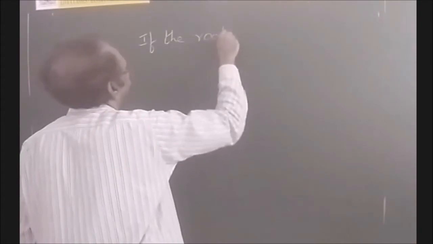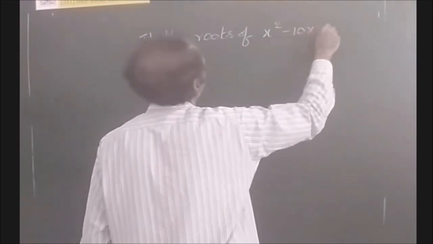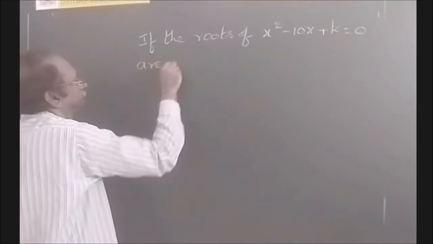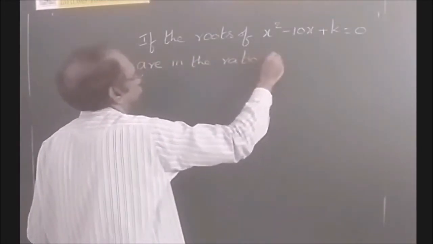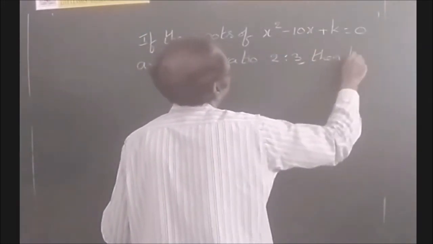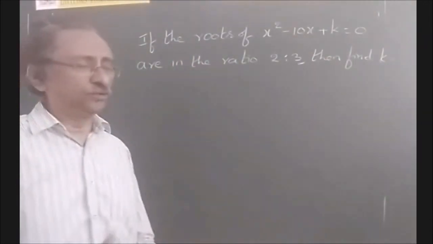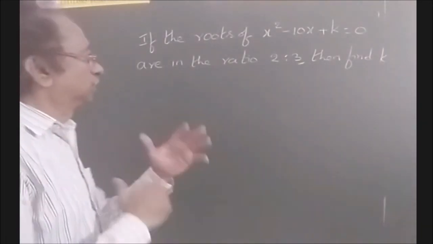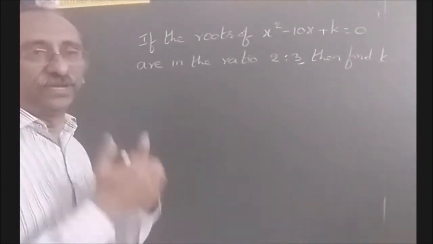the roots of x square minus 10x plus k is equal to 0 are in the ratio 2:3, then find k. So this is the question. We can do this problem exactly as we did in the previous result. Suppose the roots are 2l, 3l, take the sum of the roots, the product of the roots, and eliminating l, you will get